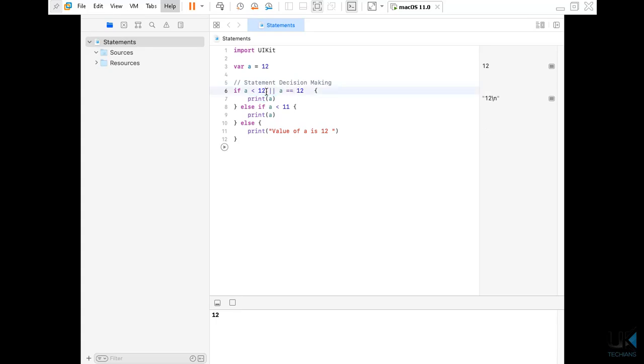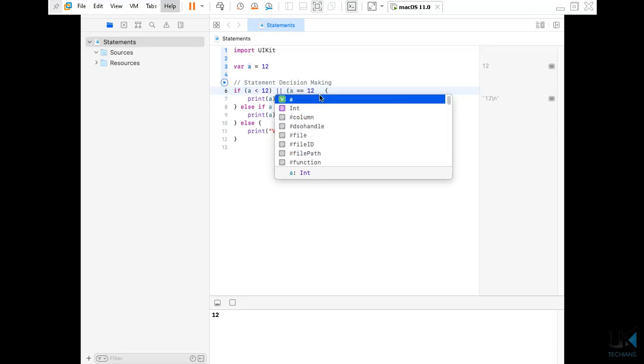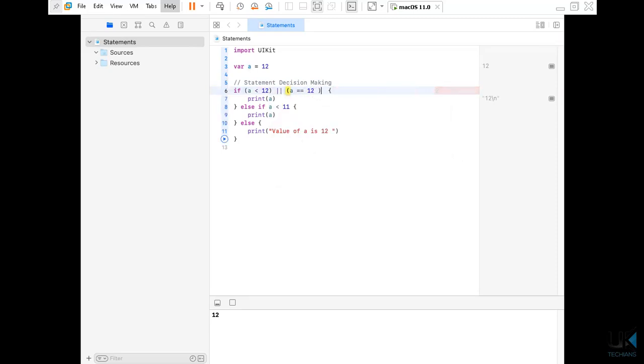So we can use these like this, or we can use this by adding brackets to it, and also adding brackets to this condition and passing the or in the middle of these two conditions. We can add these conditions like this, and now we again run it and see what it will show. It will display 12, right? So this is how we add the conditions in a single statement.